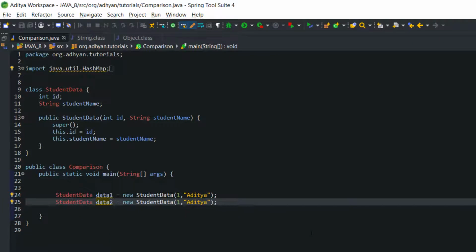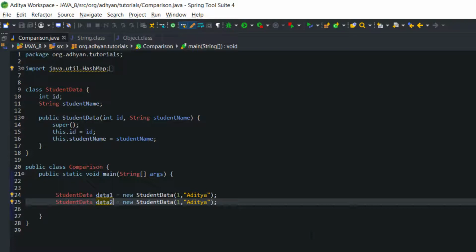Now what I have done here, in this example, I have taken one class, StudentData, and here I have mentioned two different variables, ID and student name, and here I have saved data1 and data2 with the same data, one ID number and student name Aditya.